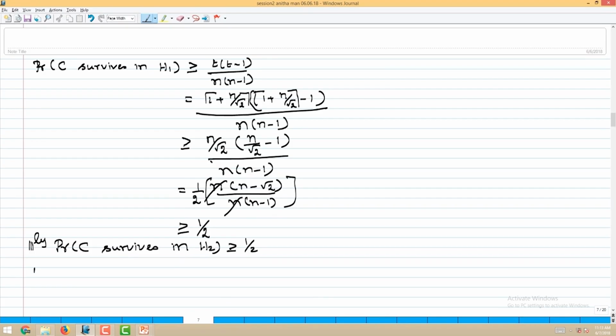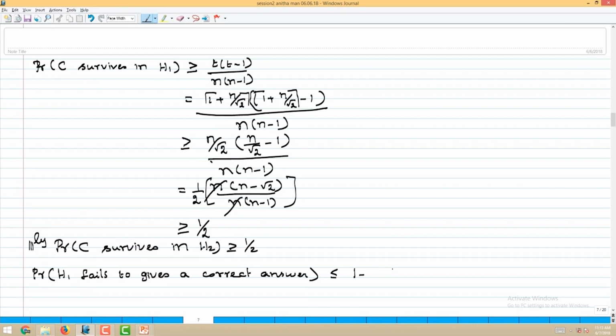So, probability of H1 fails to give a correct answer is less than or equal to 1 minus,